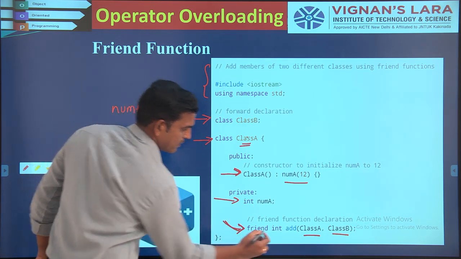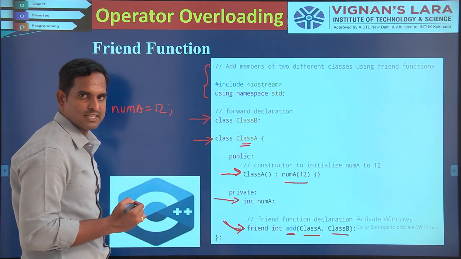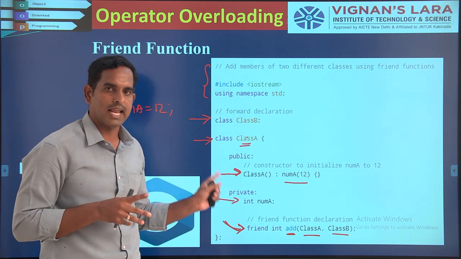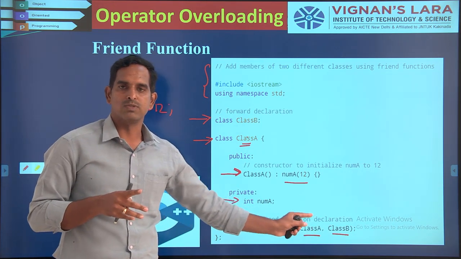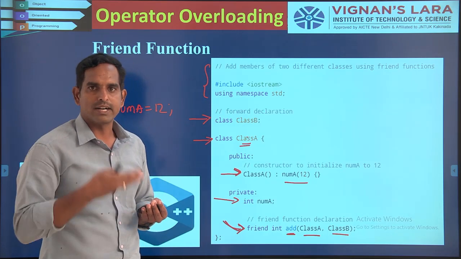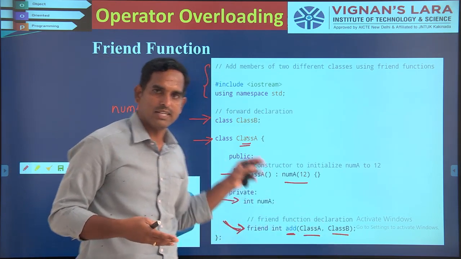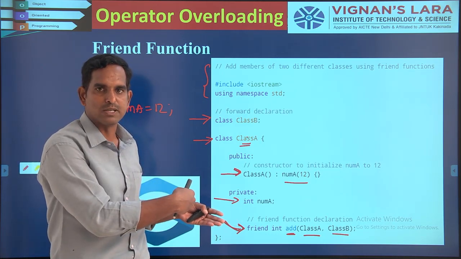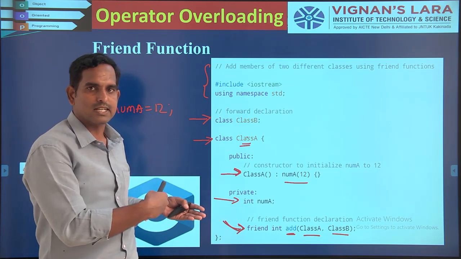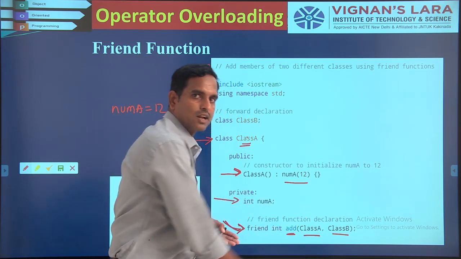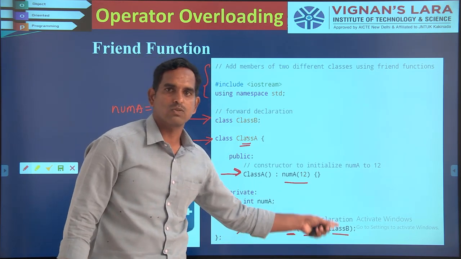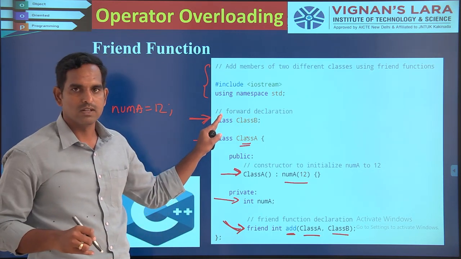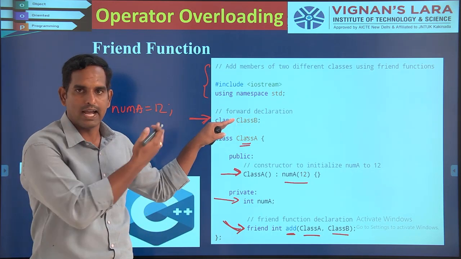So I have written an add function, that is a friend function. Inside the add function, I am trying to use two objects: one is the class A object and the other is the class B object. I haven't yet defined your class B. After this, I will be writing my class B. Since I haven't written the class B, but I have to use that particular object, in order to use the object, I have forward declared your class B. I have just declared it and haven't defined it.